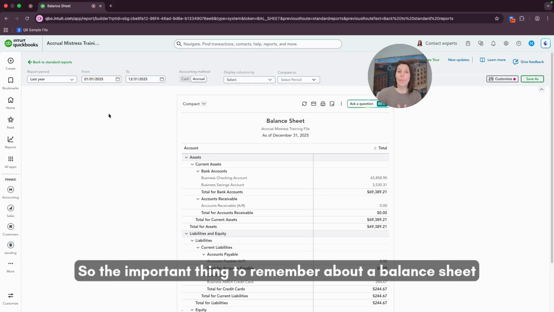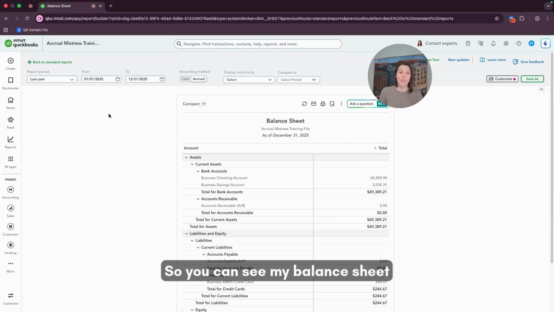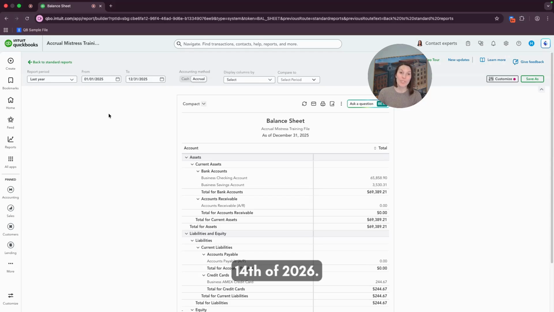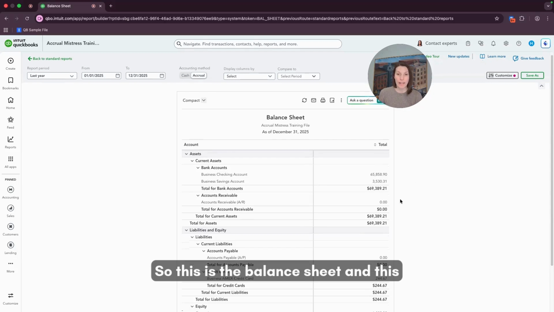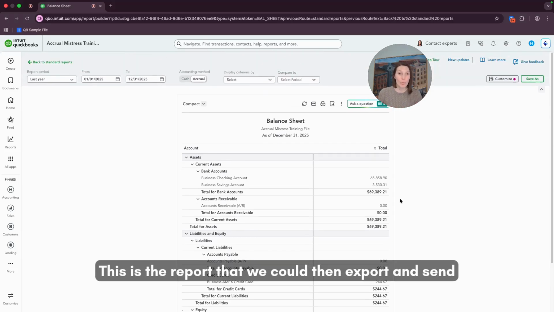So the important thing to remember about a balance sheet is that it is a snapshot as of a particular date and time. So you can see my balance sheet changed when I ran it as of December 31st of 2025 versus March 14th of 2026. So this is the balance sheet, and this is the report that we could then export and